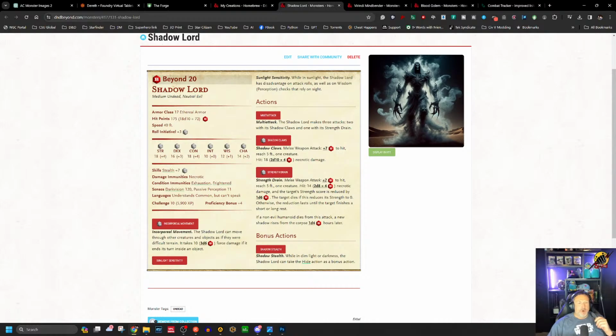But he has multi-attack. He has Shadow Claws. He can do a Strength Drain like a lot of undead. I didn't give him a description for some reason. His bonus action, he can use Hide as a bonus action. Not super tough. But since there's dim light or darkness and shadows, and they're probably not going to use sunlight spells in the dungeon, so